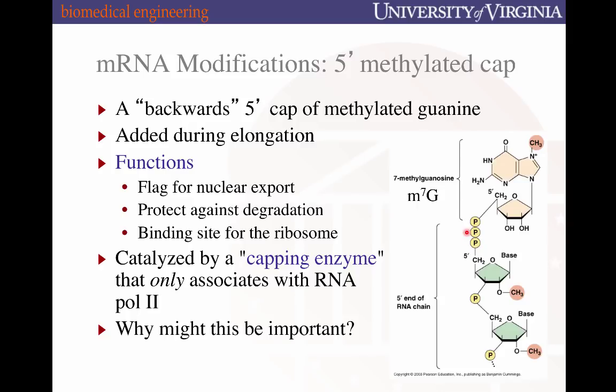Yeah, you're right. So mRNA is made in the nucleus, but translation happens outside the nucleus. And to do that, you have to get mRNA across the nuclear membrane. And this 5' cap is a signal for that. Additionally, once these cap binding proteins bind to the 5' cap, it's kind of a protection for that free end